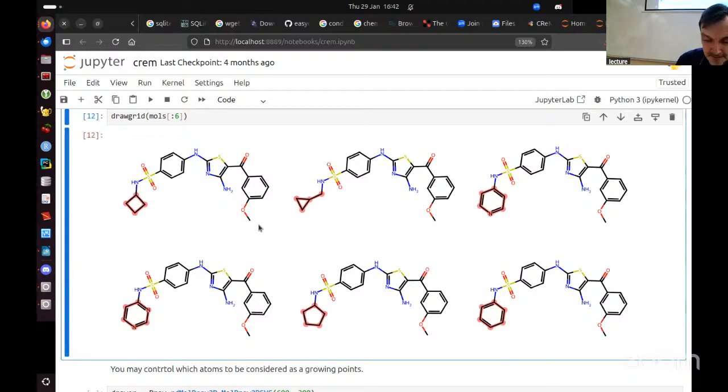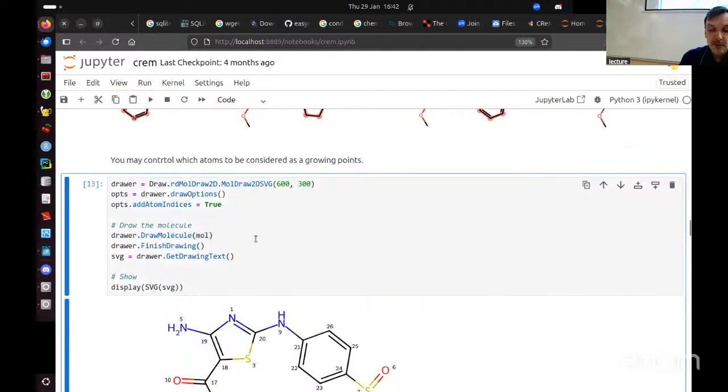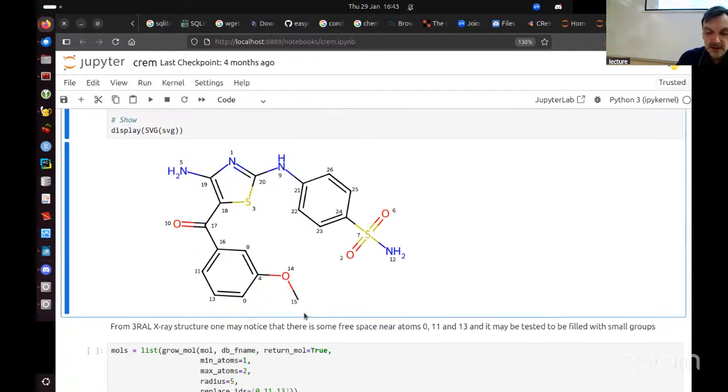So these just show you, okay, structures will be fewer in number, as we saw in the presentation. And now, if you want to have more control, if you want to specify particular positions to which we want to add substituents, we can draw the structure, draw the IDs of atoms, and then, for example, we can want to populate these positions, which are 0, 11, and 13,